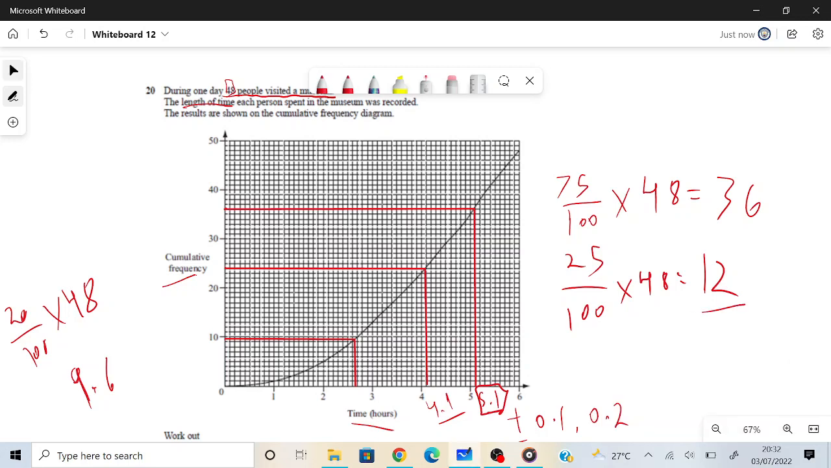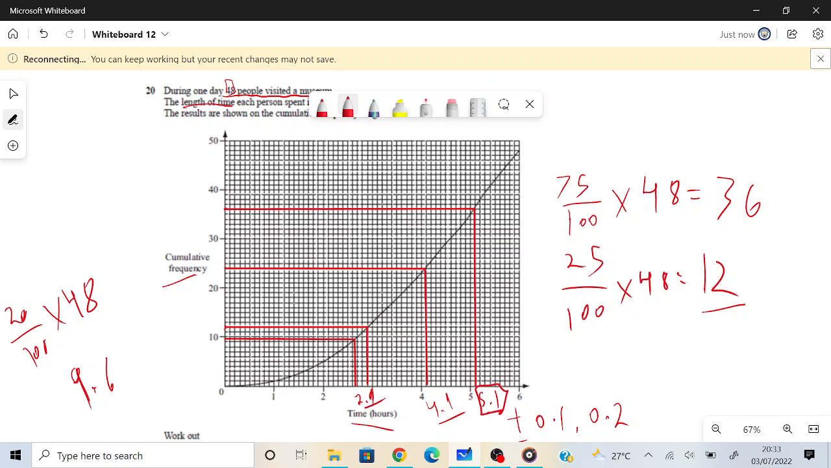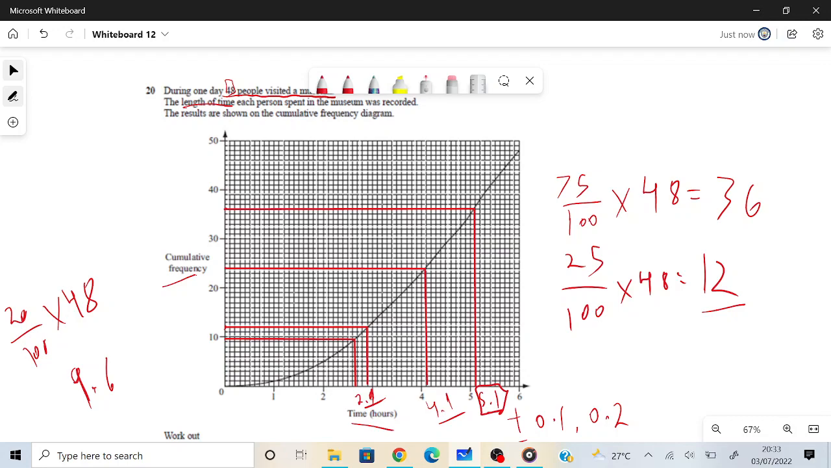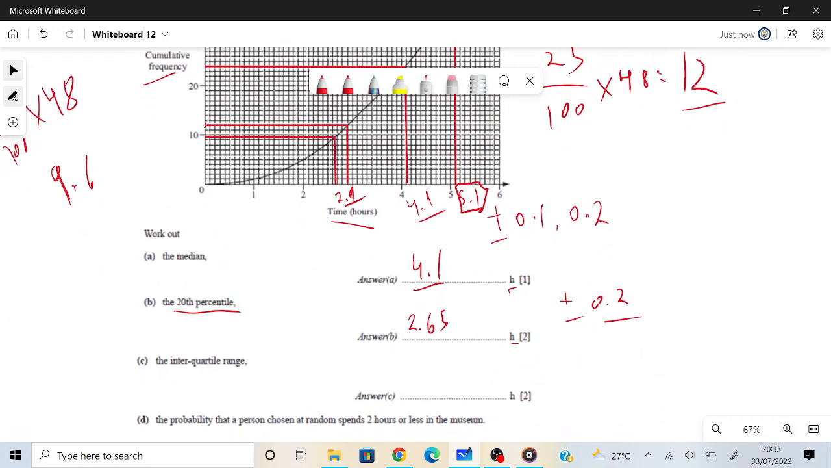We need to go and find and trace 12. So let's go to the y-axis and locate 12. 12 is roundabout somewhere there, and dragging it and drawing a straight line with a ruler, insert the curve somewhere there and trace it back down. This looks very accurate to be 2.9. So we have 2.9 and 5.1, and we know that interquartile is simply 5.1 minus 2.9, and if you do that, 5.1 minus 2.9,